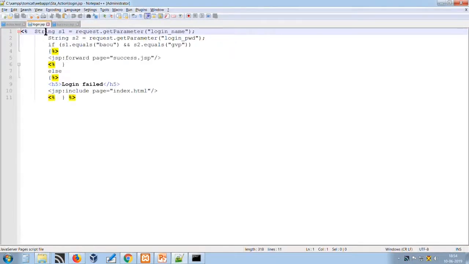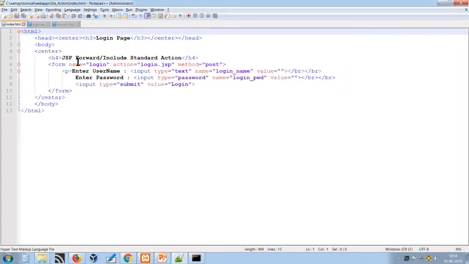The first one is login.jsp, where we are passing login information. The index.html is a form named login, action login.jsp, method post. Under that we have two fields, username and password. When we click the submit button, these two fields with their values will be forwarded to the action login.jsp.